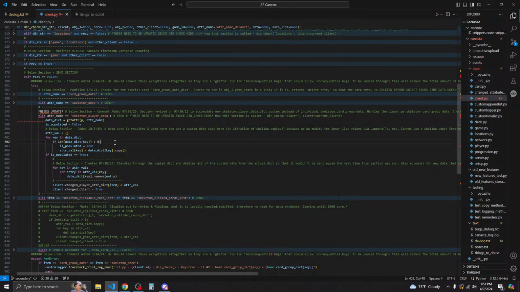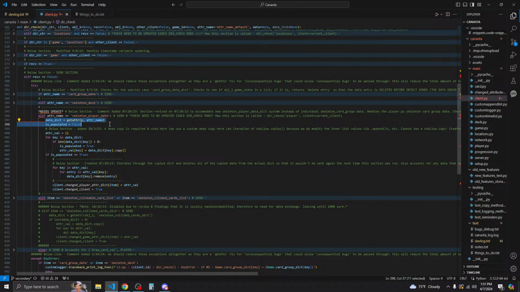Okay, now so we have this line here which says data dict equals get adder key adder name, but we're not gonna do that. So that's gone.